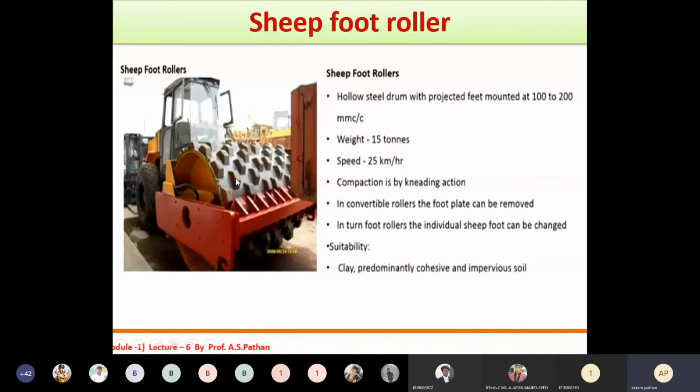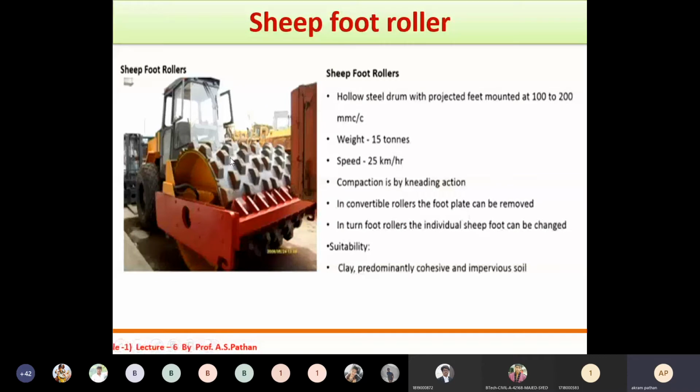The distance between two projected feet is 100 to 200 center to center. The weight of this sheep foot roller is 15 ton. The speed of this machine is 25 kilometer per hour. In convertible rollers, the foot plate can be removed. In turn, in foot rollers, the individual sheep foot can be changed.